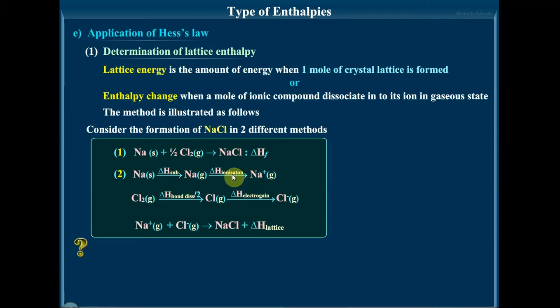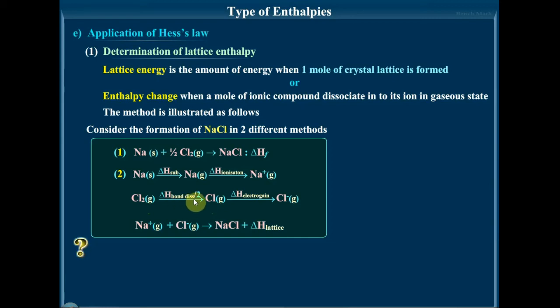So first step is sublimation enthalpy, because solid Na has to be converted to gaseous Na. Second step is the gaseous Na has to be converted to Na+, and that energy change is termed as ionization enthalpy. So Na+ is formed, one ion is formed there. Again chlorine in the gaseous state. First step is chlorine Cl2, Cl-Cl bond is there, and the Cl-Cl bond has to be cleaved or broken to form Cl in the atomic state. So there the bond between Cl and Cl has to be cleaved, and that energy is called the bond dissociation enthalpy. Energy required to break the bonds is called the bond dissociation enthalpy.